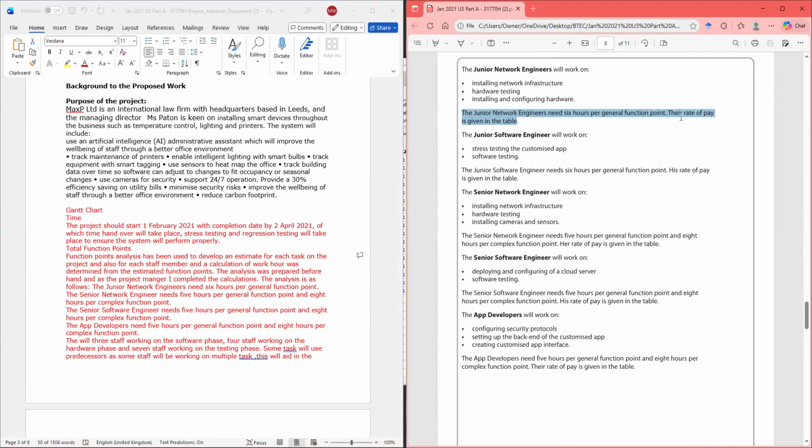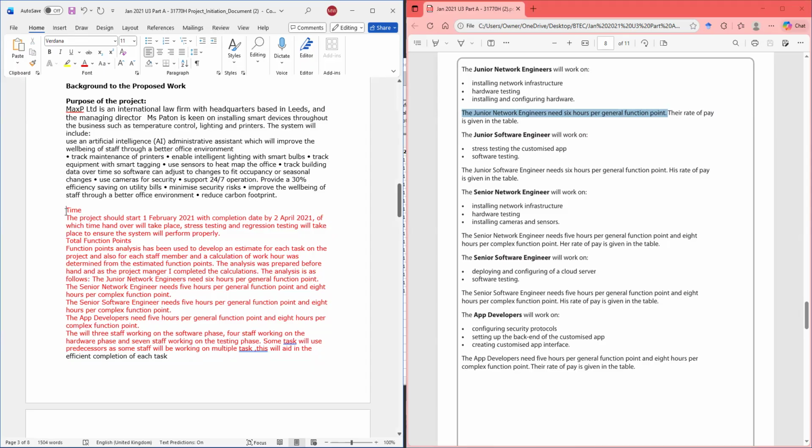Don't copy the rate of pay because that's not a part of it, just the function point areas, to talk about the function points that we have calculated. And that's what we put for this section. All right, let me just get rid of this.